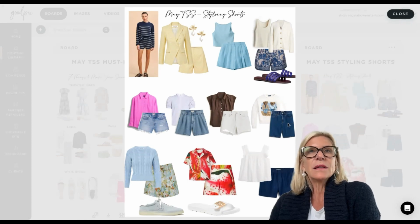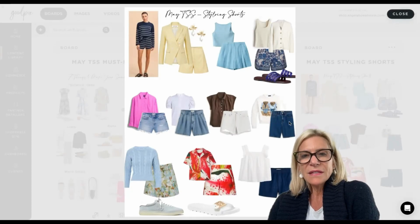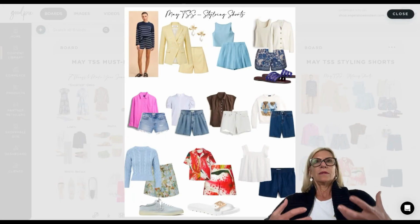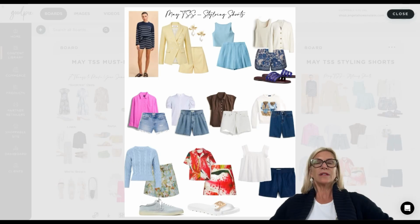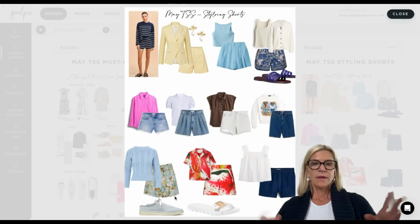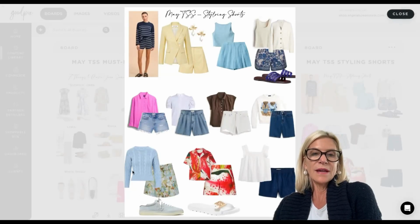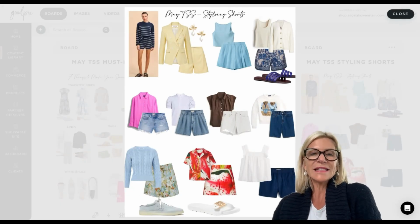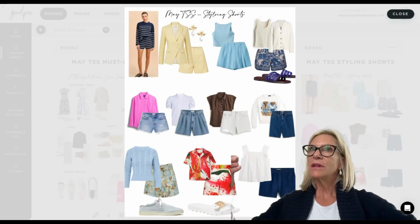Here, this is a classic Bermuda short, denim short, jorts, as they call them. In this case, they're going to be slim and longer, so something more billowy on top but tucked in, because you want your waist to look higher and not really low. And then these are a fancier pair of shorts down here that you could really dress up with a beautiful blouse like the one I showed you before, the button down, or just with a cute sweater and a sneaker. But this one is belted, higher waisted,